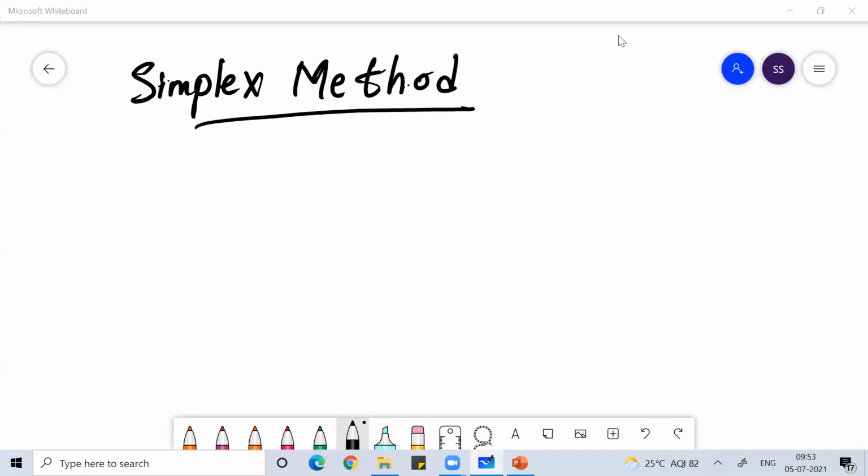So when we work with the simplex method, we can solve all possible problems on linear programming. There are some deviations in the simplex method. It happens whenever the constraints are greater than or equal to. In that scenario, we use the Big M method, which is an alternate approach of the simplex method, which we'll discuss in the future. Right now, we'll do the basic understanding of how we can work on the simplex method.